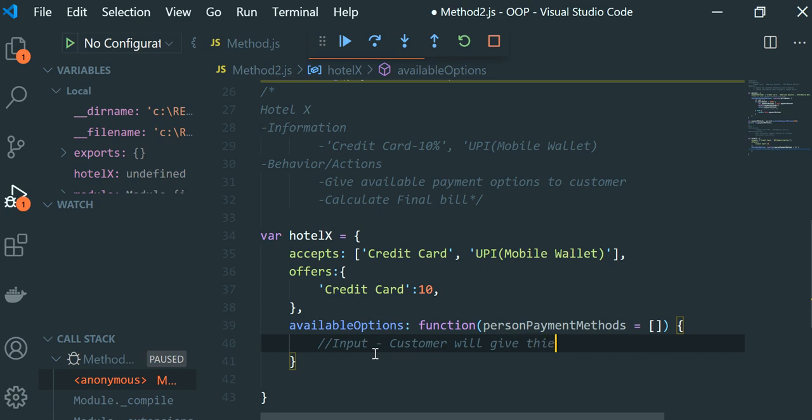their payment options from their side, the available payment options as we have seen. Based on what this hotel accepts and what offers it is offering right now, it will give the output